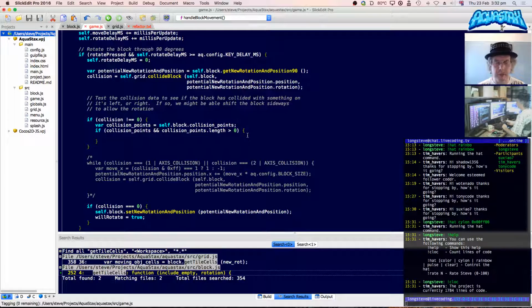And what do we want to do? Average out the left or the right? We could do that. Could average out the left and the right points. Or count the ones to the left, count the ones to the right. And if one of them is 0 and the other one's greater than 0, then we shift it one way or the other. That's what we can do. So let's do a for loop.